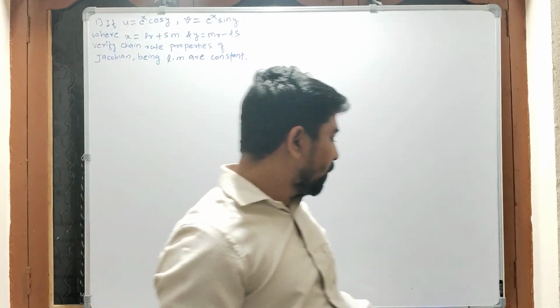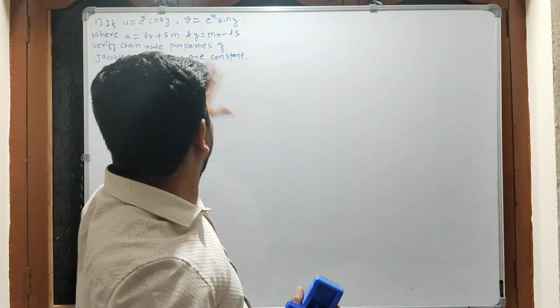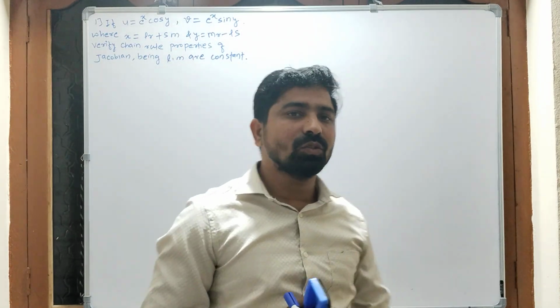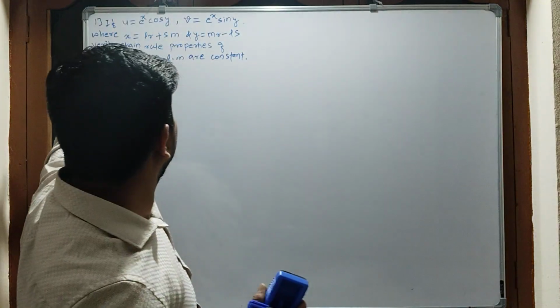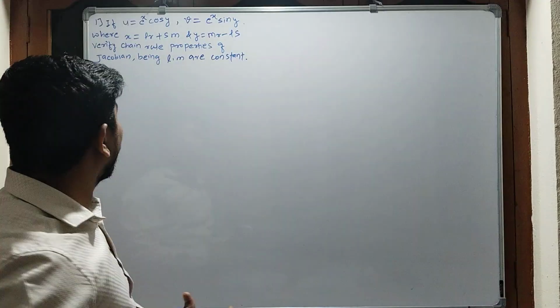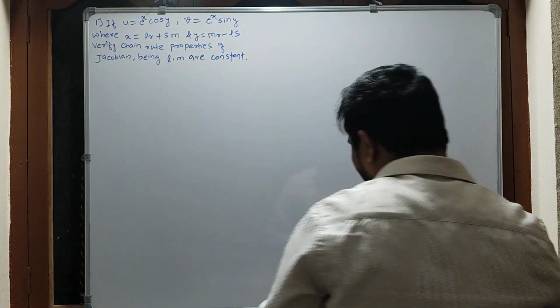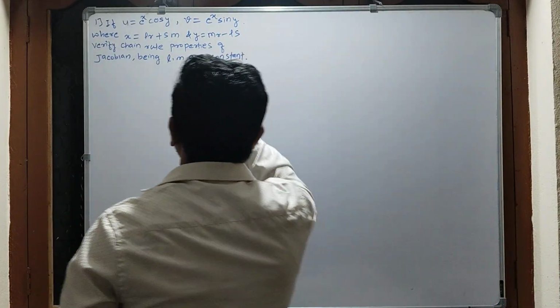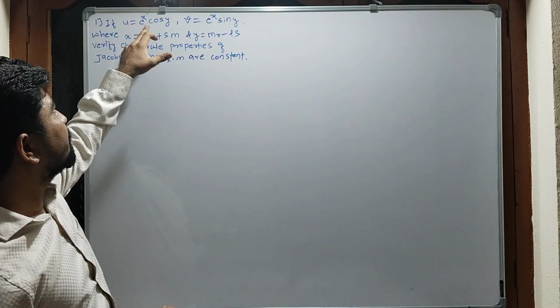Hi friends, in this video we are going to discuss one very important problem, which is based on the chain rule properties of the Jacobian. Here, just observe one thing: u is a function of